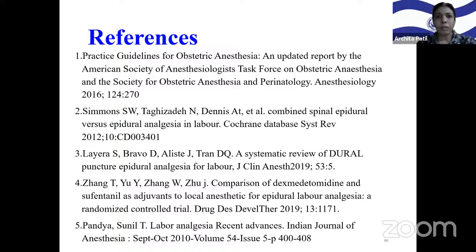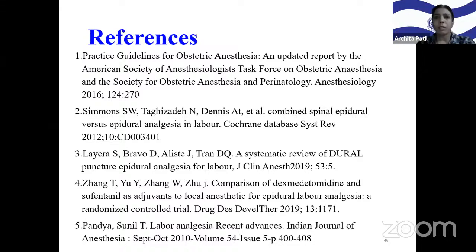Thank you, ma'am. The next question is, what is the role of dexmedetomidine or clonidine in labor analgesia? In literature, they say 15 mics of clonidine has been used, but it is associated with fetal bradycardia. Dexmedetomidine in different concentrations has also been tried, but this is all off-label for labor analgesia, so we do not use it. We only use fentanyl.